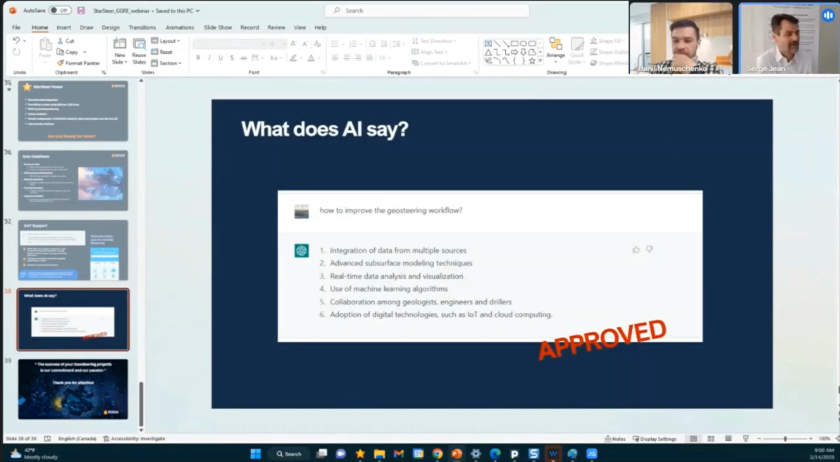Okay, that would be great to have their signature on it, the ChatGPT. So that's cool. It's taking the world by storm. Yeah, now we can say that StarSteer is approved by